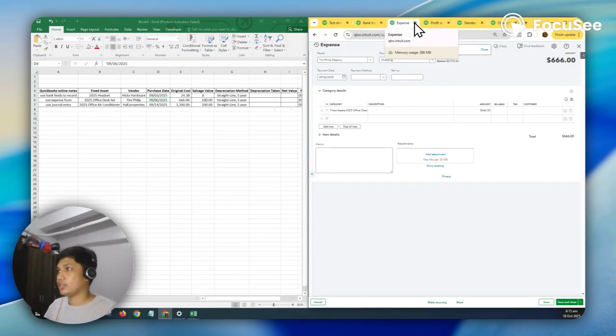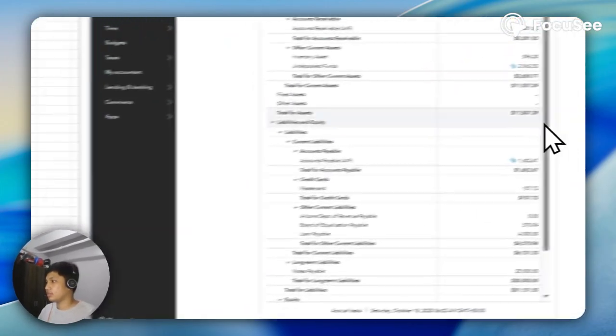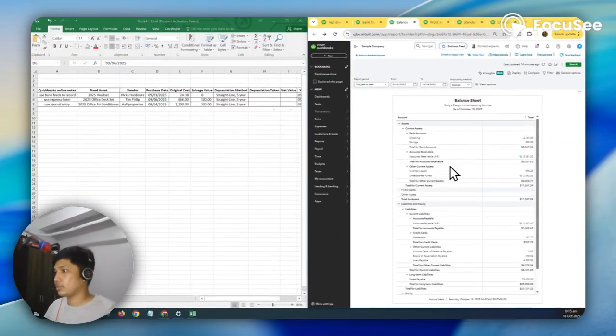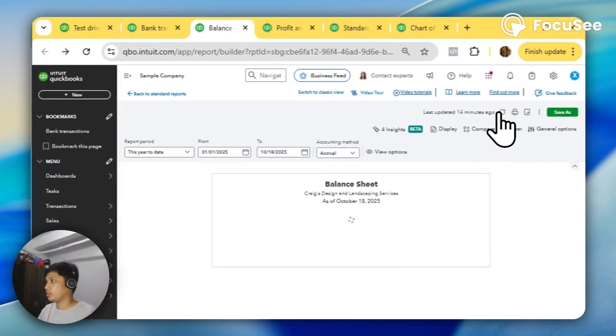Let's check what happened in the balance sheet. I have to refresh this.